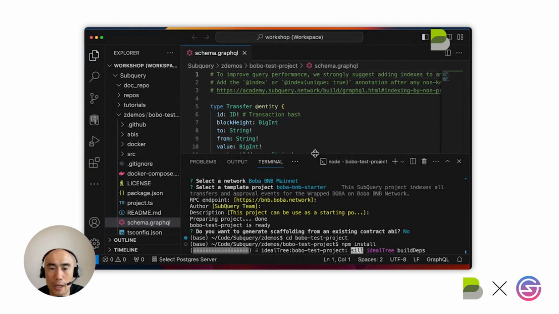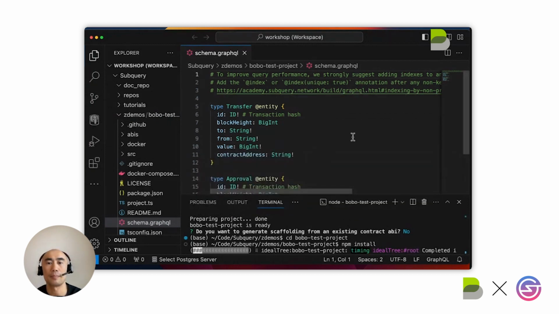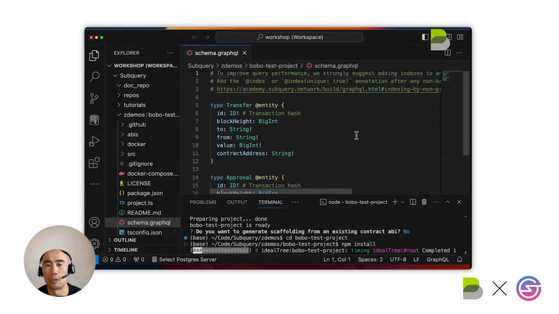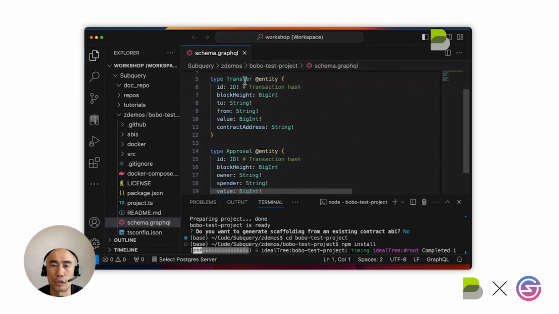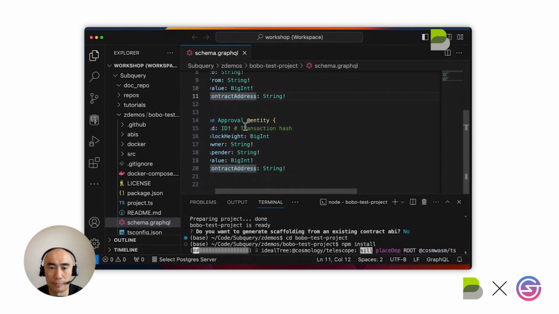So this is where you define the shape of your data. Here we've got two entities: the transfers and the approvals entity. We're indexing the ID, which is the transaction hash, a mandatory field because it's got this exclamation mark, the block height, and some values such as to, from, value, and contract address.